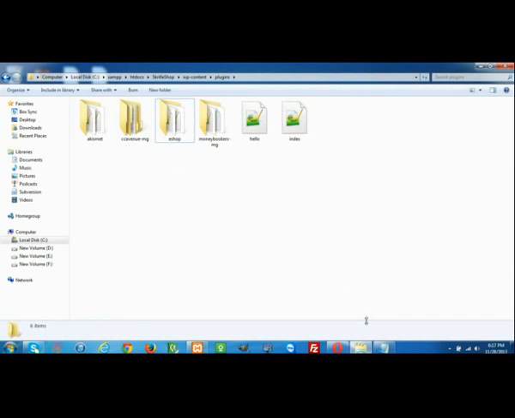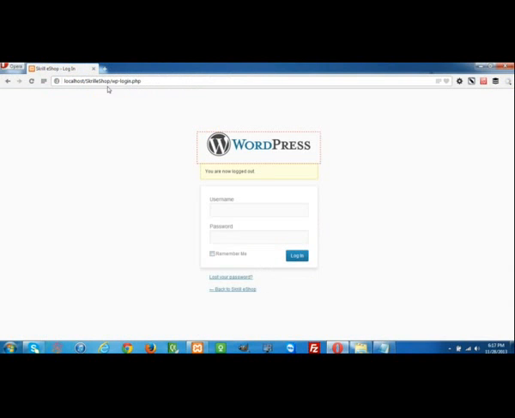Okay, now let us go to localhost. As I'm using localhost, I'm using test mode. You can use it directly in live mode, or use it in test mode and then implement it in live mode. It's your choice, but I'm showing you in test mode. For test mode we have to log into the admin panel and then see the action. Okay, now the username will be admin, password.